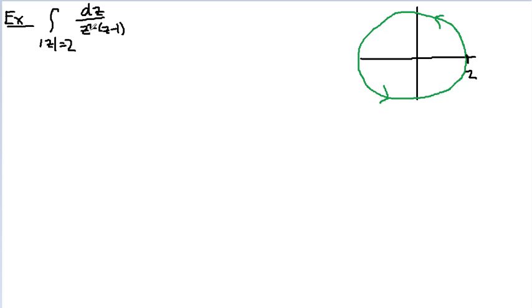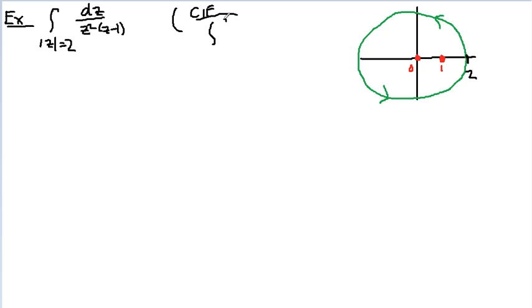But it's not. This actually has 2 points where it's not holomorphic, and that's at 0 and at 1. I have problems at those 2 points. Now, since the integrand is not holomorphic, my next step is to say, can I use Cauchy's integral formula? Cauchy's integral formula